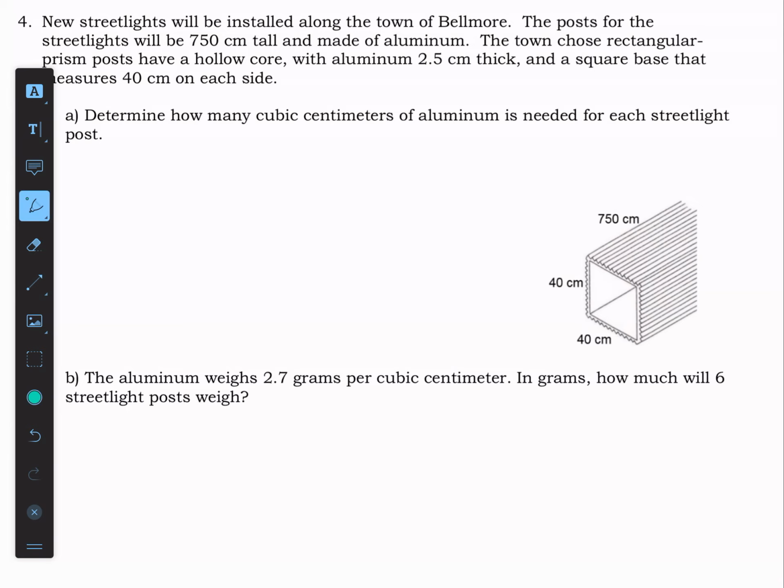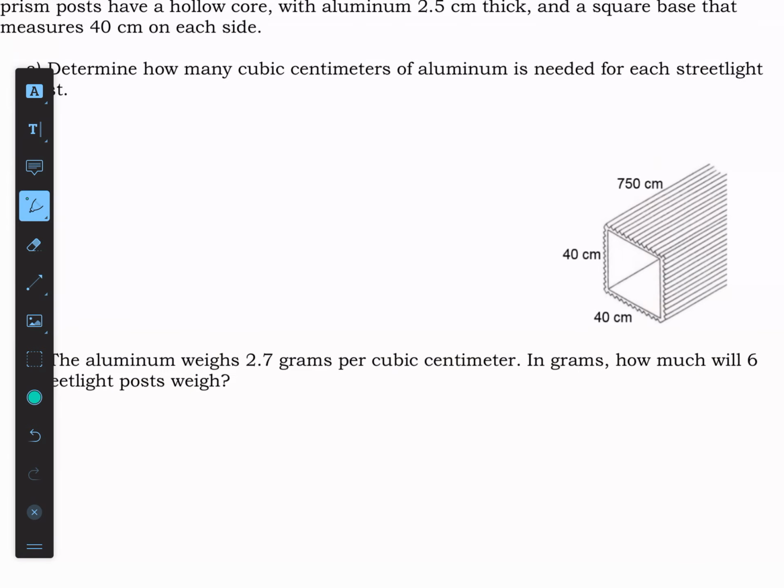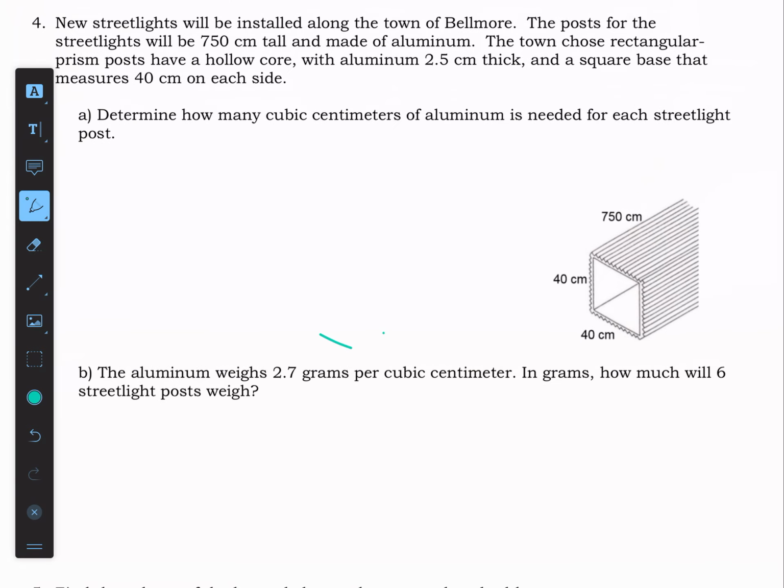Okay, so there's a lot going on in this problem. What we have here is a post that's hollow in the middle. And we just want to find out how much aluminum we need to make this, considering that the inside of it is hollow. So the first thing we're going to do is get the volume of the entire thing. Just like in the last problem,